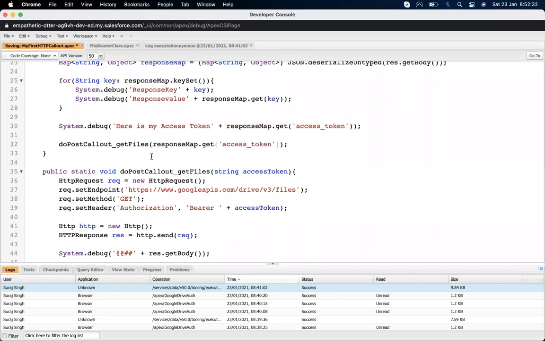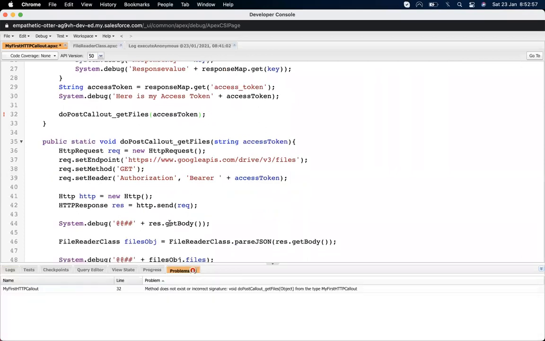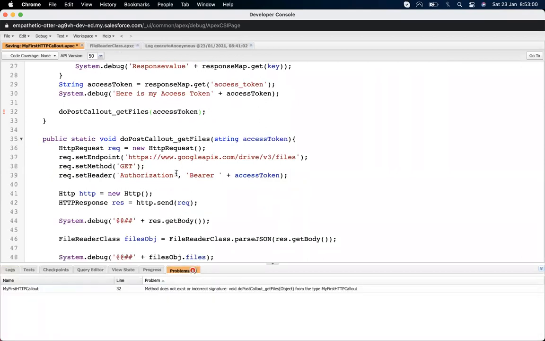Let's store that in a variable: access token, response dot get access token, and I will pass this access token to this method. It's showing me a problem. Where is the problem? It shows that it's just an object, so I don't need to pass it into a string.